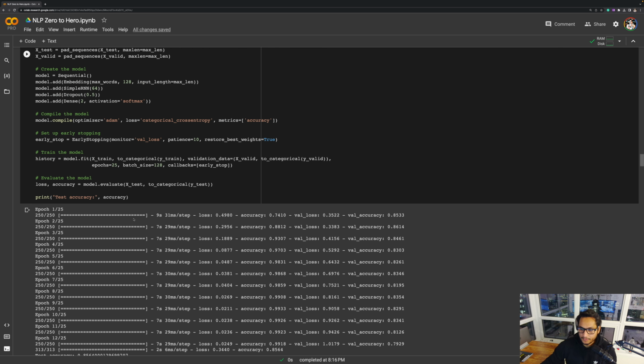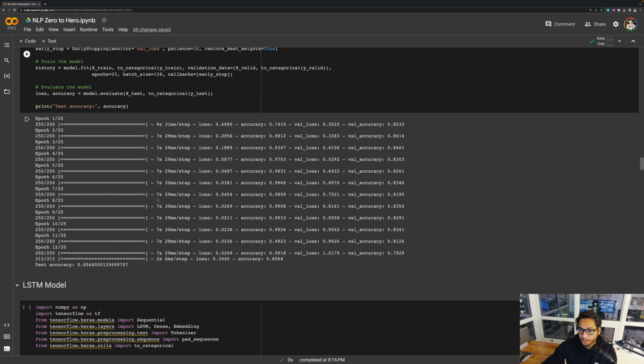Then there's a huge problem with Vanilla RNN, and that is the vanishing gradient. Basically what happens is, when you have very long text and backward propagation happens, you take the derivative of the loss, and these values keep on decreasing, and finally they just vanish. So it is not able to remember